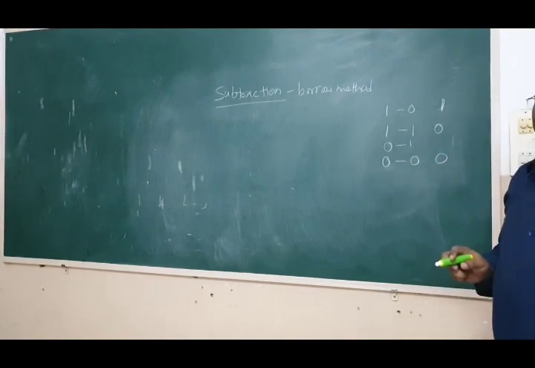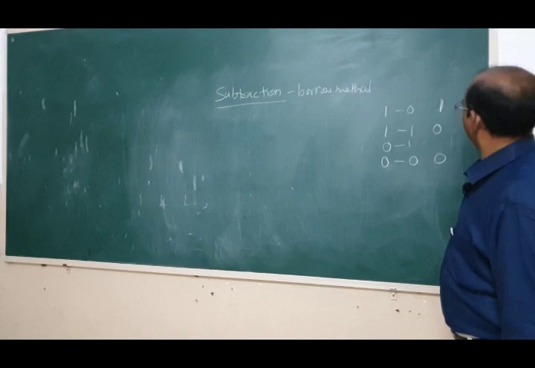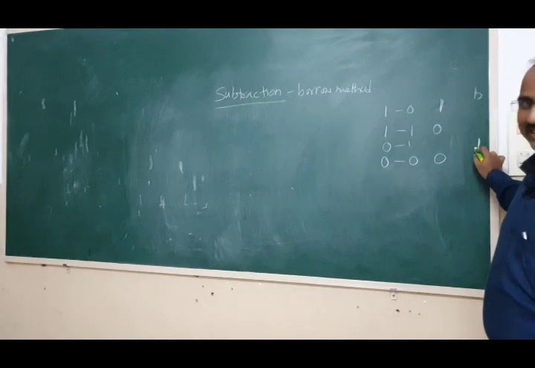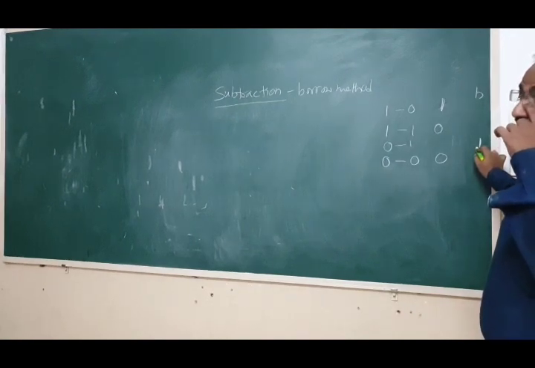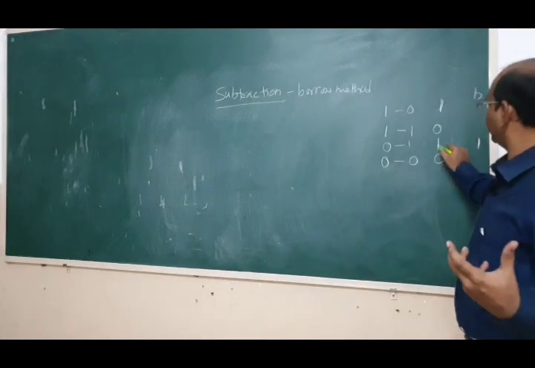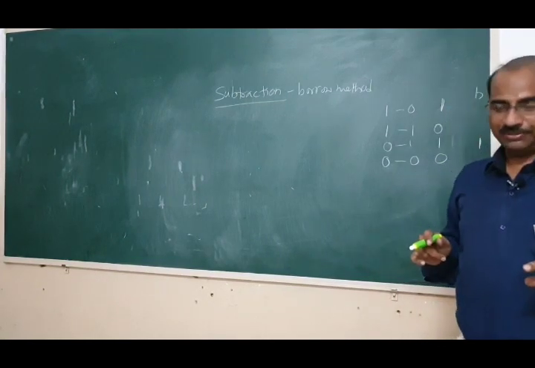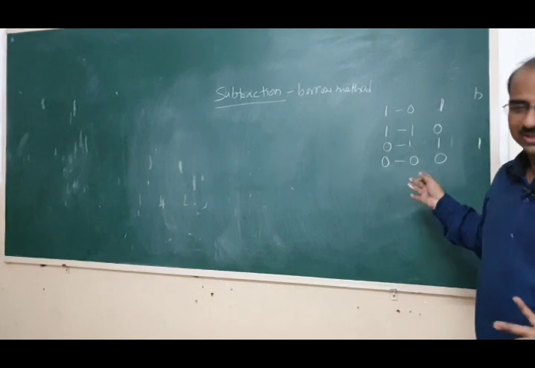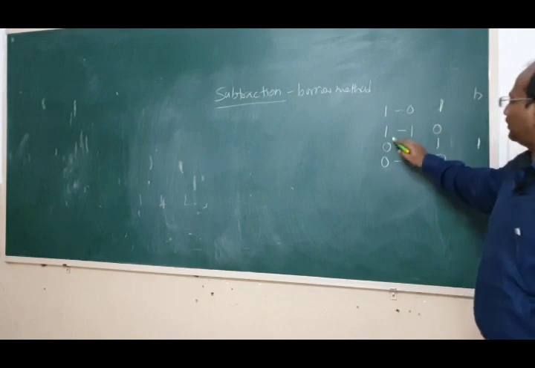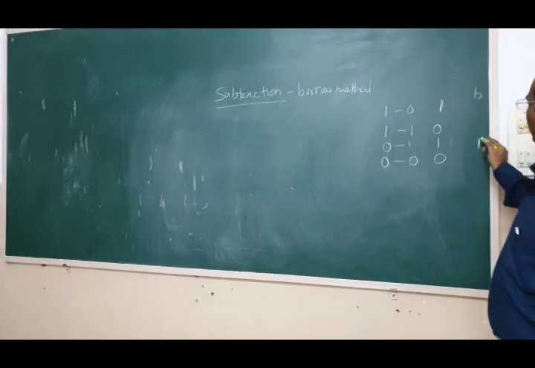Now here the subtraction is not possible, but this is possible when you take a borrow from the next stage. What is the borrow from the next stage? The value, as we have just discussed, is 2. 2 minus 1 is 1. So 0 minus 1 is 1 when you borrow it. Keep it in mind. If you don't borrow, subtraction is not valid. You can't do the subtraction. So 1 minus 0 is 1. 1 minus 1 is 0. 0 minus 0 is 0. That is very easy. 0 minus 1 is 1 with a borrow 1.